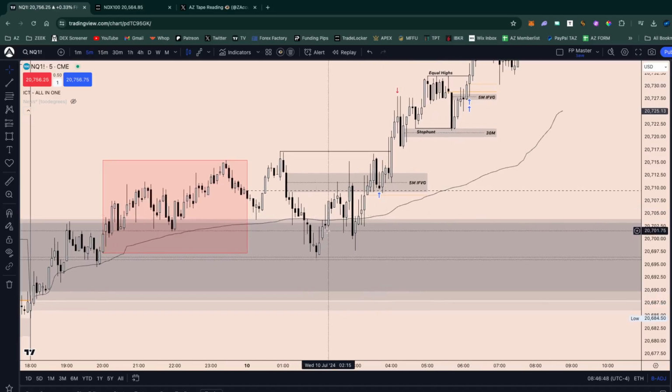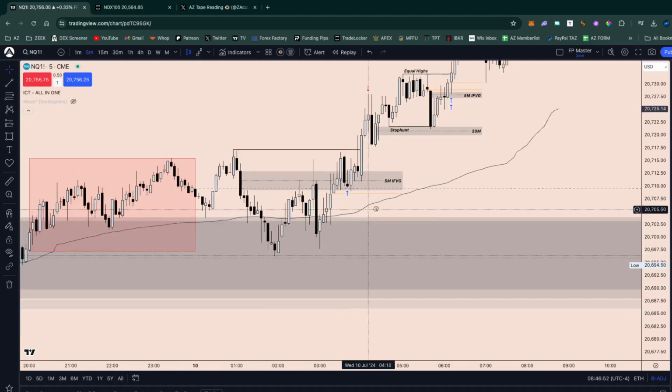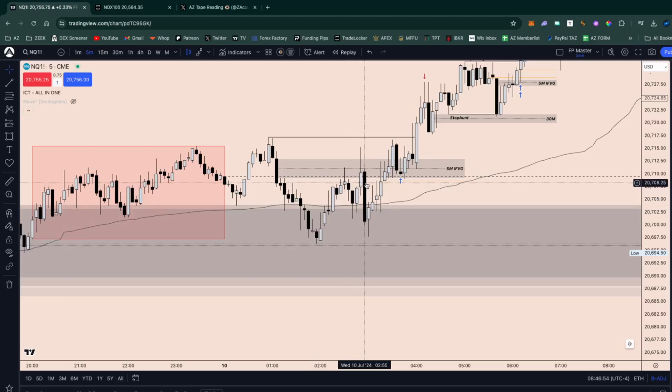But my trading begins at 3 a.m. right after the London Open, and right here before London opened up at 2:55, we had this nice bearish engulfing candle forming a new market structure shift. So we formed a higher high, a higher low, and a new higher high, and we broke below that most recent higher low,